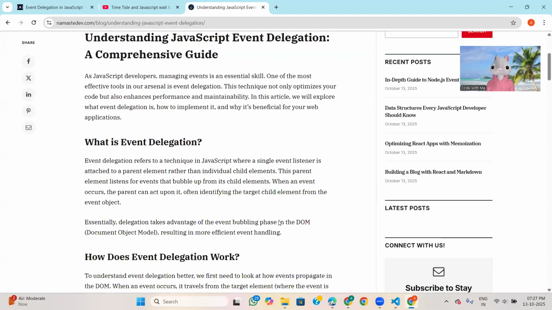So basically, I'm giving you one scenario. I think by this definition, you will get some understanding. But if in your code there are multiple buttons and those buttons are under a div, so the div is the parent and the buttons are children.